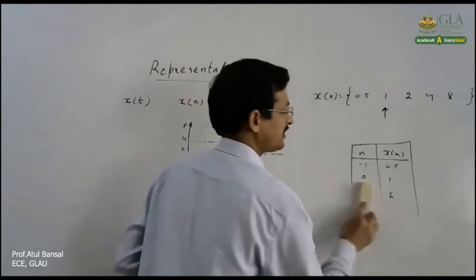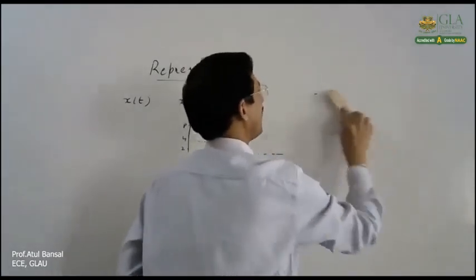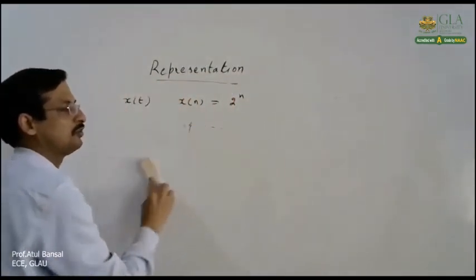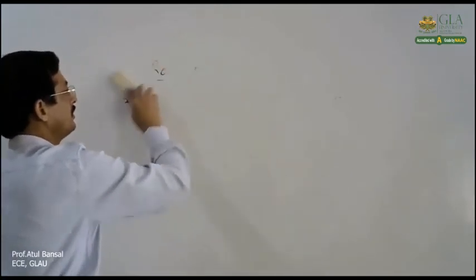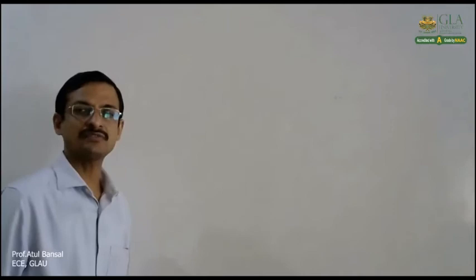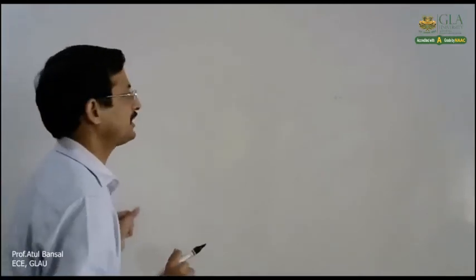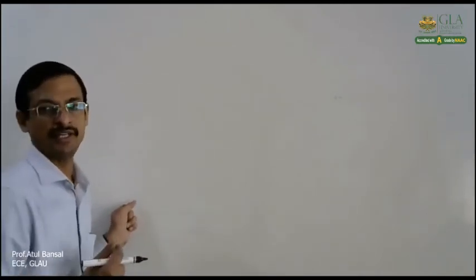Now transformation means that when we apply some mathematical operation, we want to change the signal by applying some kind of mathematical way. When transformations are applied on the independent variable, we say transformations on independent variable, and when they are applied on the dependent variable, that is amplitude, we say transformations on dependent variable. First we take transformations on independent variable. Here the independent variable is time.